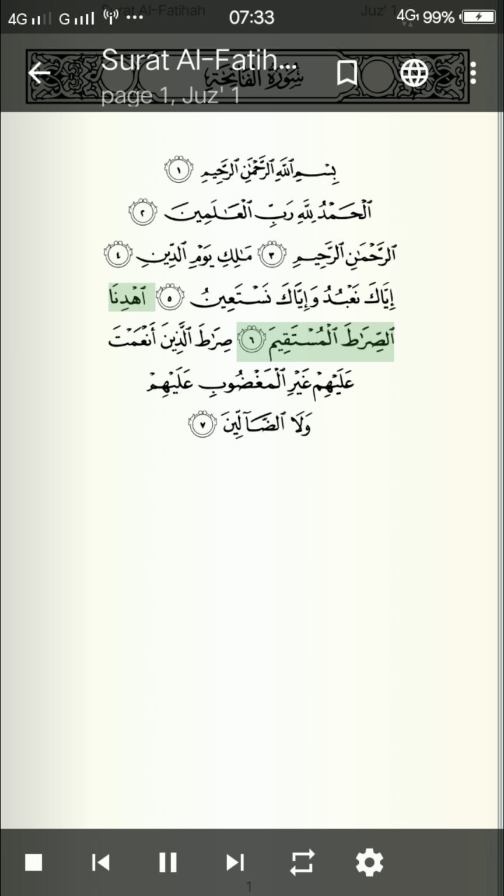اهدنا الصراط المستقيم صراط الذين أنعمت عليهم غير المغضوب عليهم ولا الضالين اهدنا